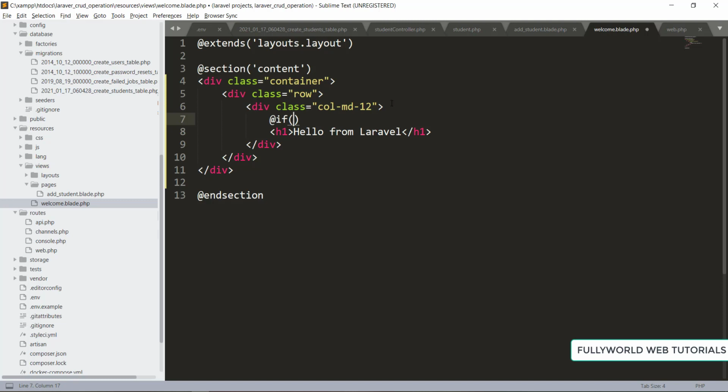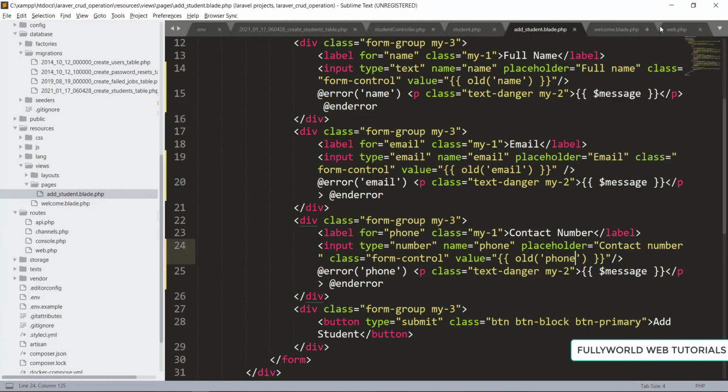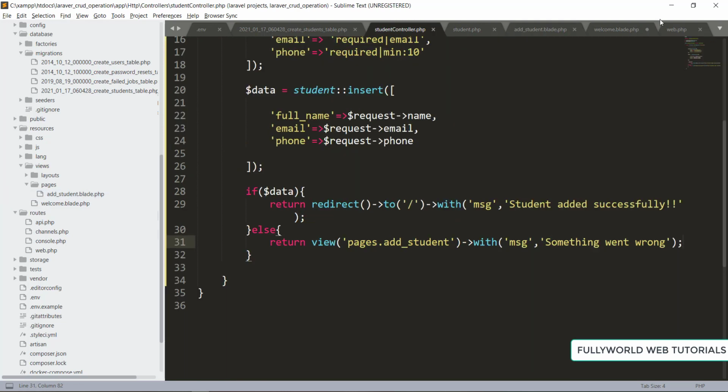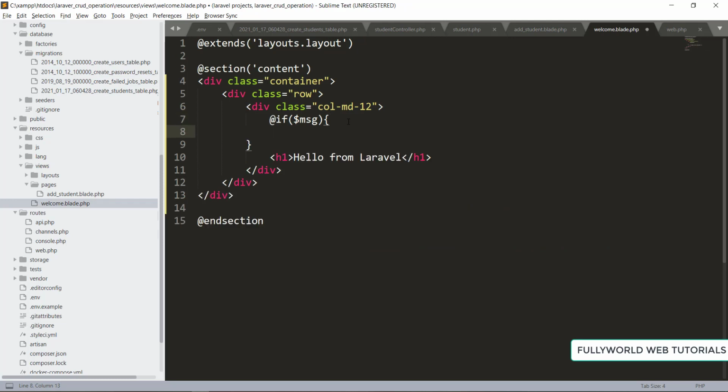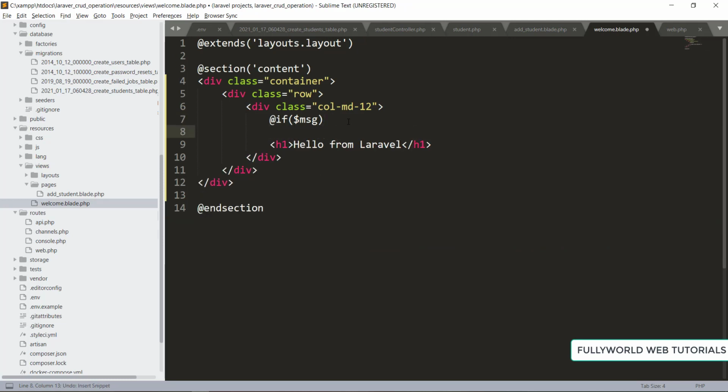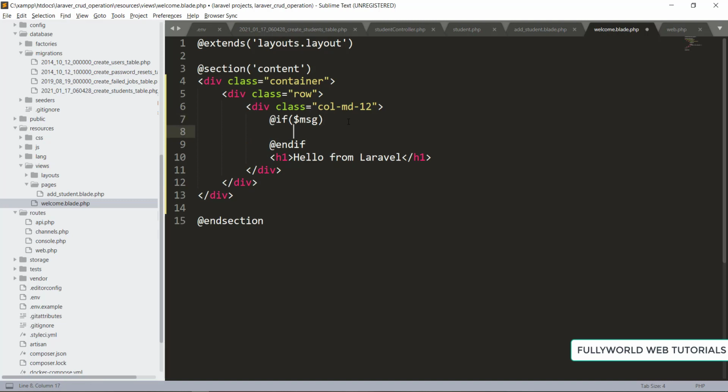Sorry, it is not working. So here I'm going to write if, dollar sign message is there, because we are sending our msg message, then we will write, and we will end our if condition here. Here we will mention our p tag.